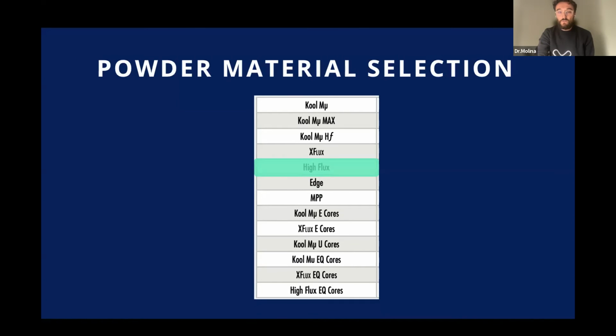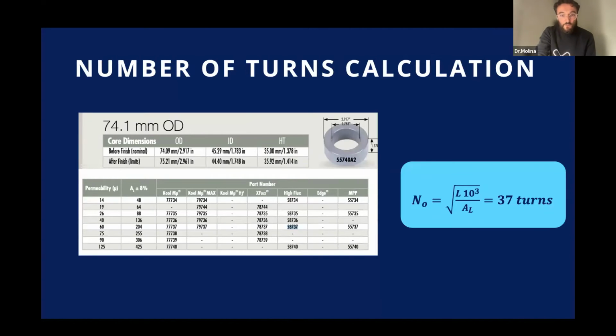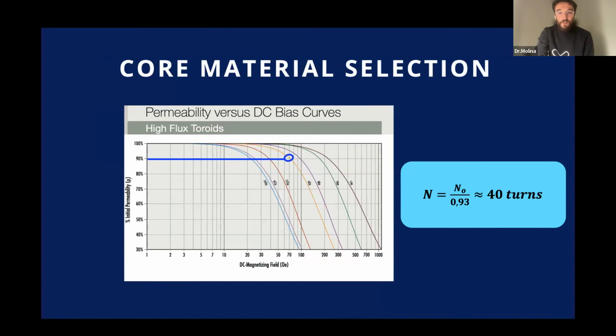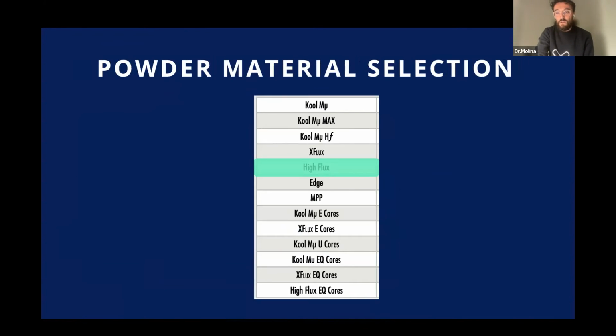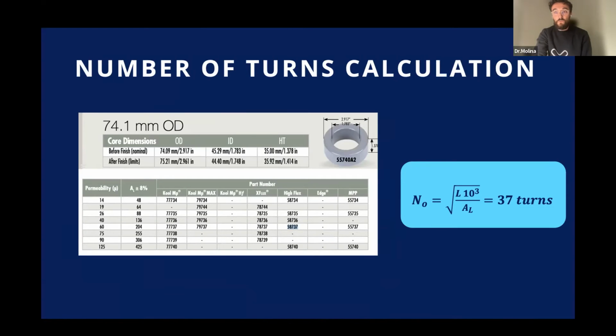Actually, once you find the material, then you have to go first. I think that I put the slide in the reverse way. Yeah. No, I mean, but I have to choose the magnetic component. Then with the energy calculated, you have to look for the component with the high flux. In this case, because we have chosen high flux, you have to find which high flux toroid have